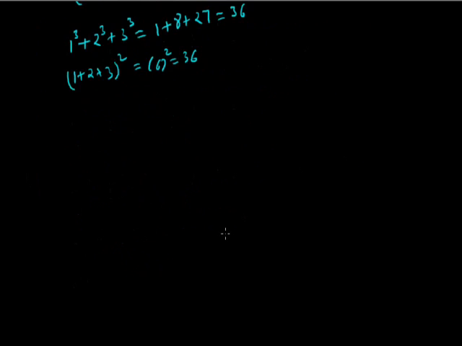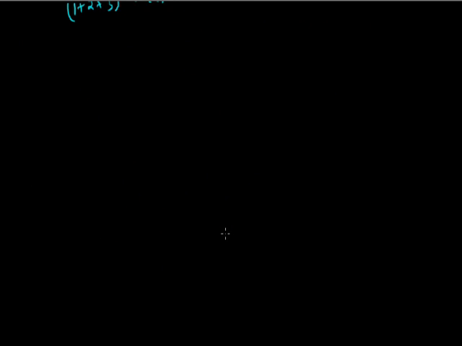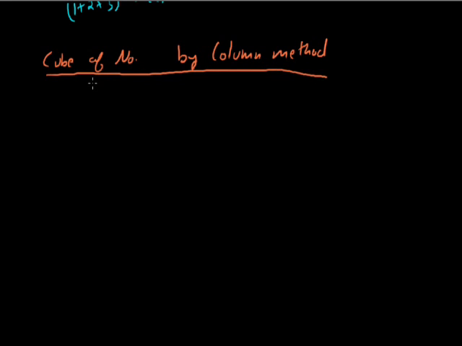Now we see how we can find the cube of any number. We have a column method. By the column method we can find the cube of a number. Let's understand the method by using an example. Let's say we want to find the cube of 29. अगर हमें 29 का cube find करना है, let's say we compare this number as AB. So we call 9 as B and 2 as A.